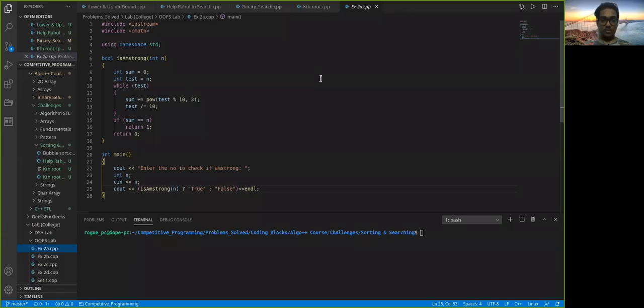Operating System Lab, experiment number 2. So here, the first question was to find if a number is an Armstrong number or not using a function. In order to do this, I've made a function called Armstrong, which accepts one parameter,